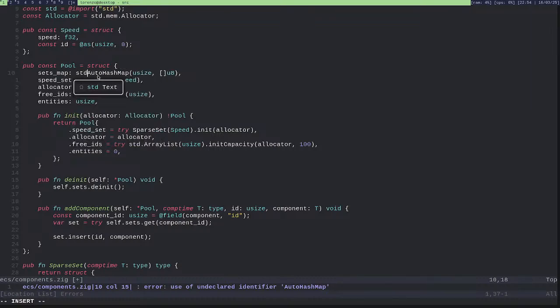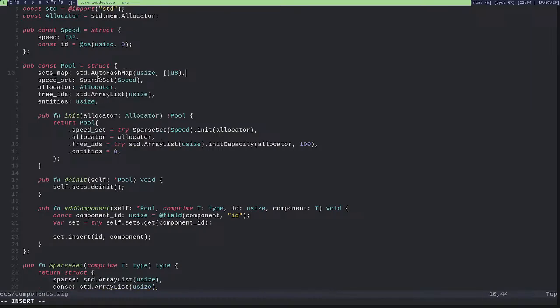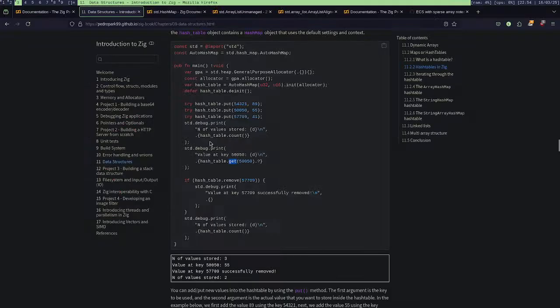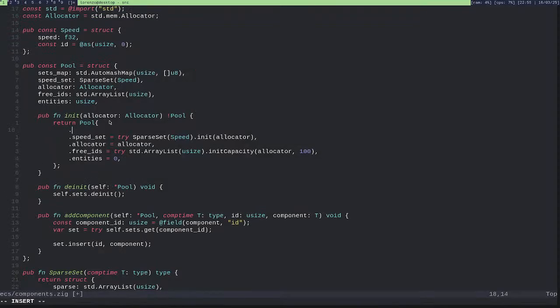I mean strings. Okay. So here I just set map.